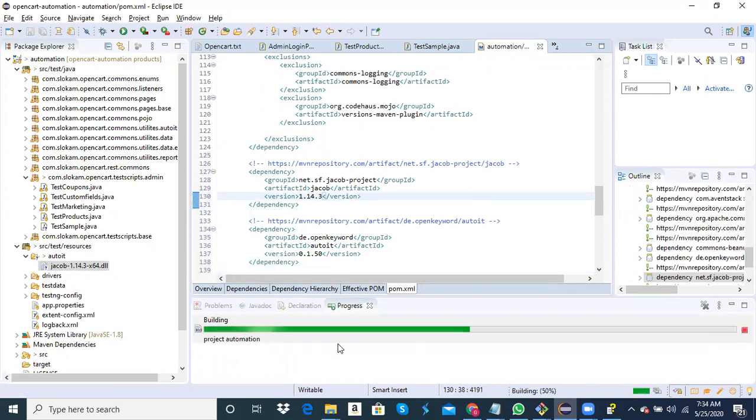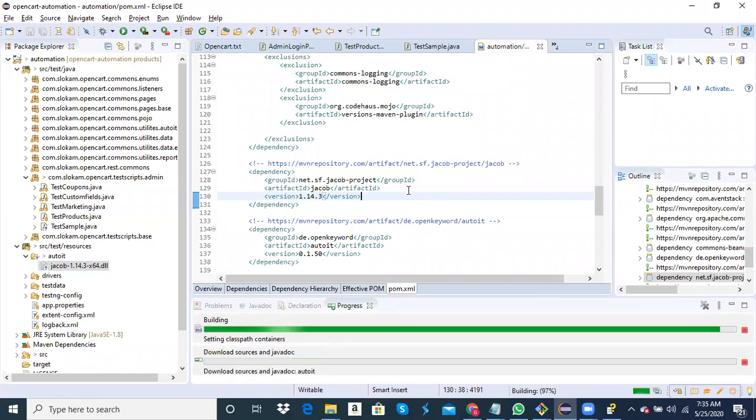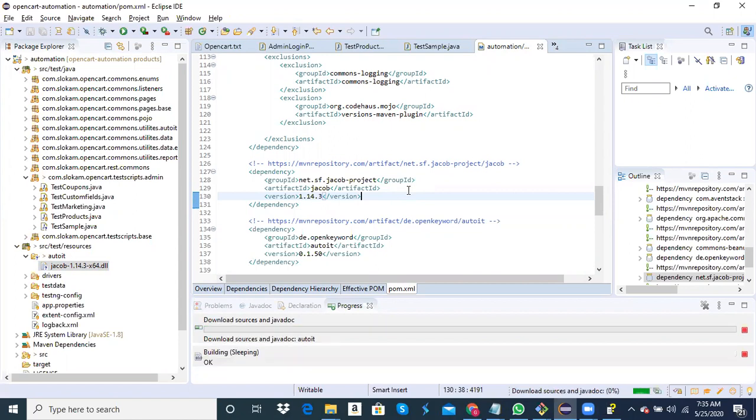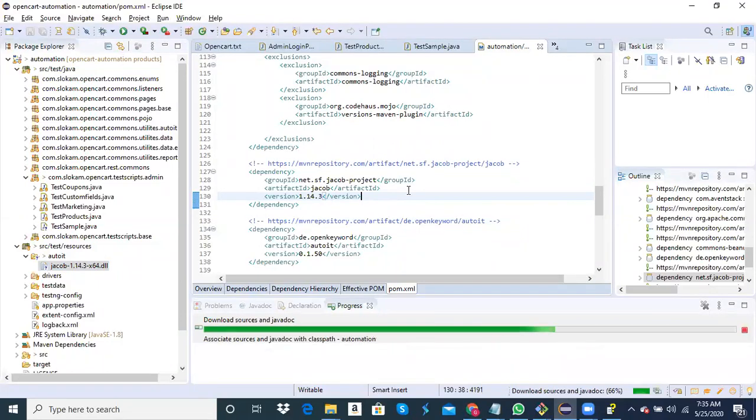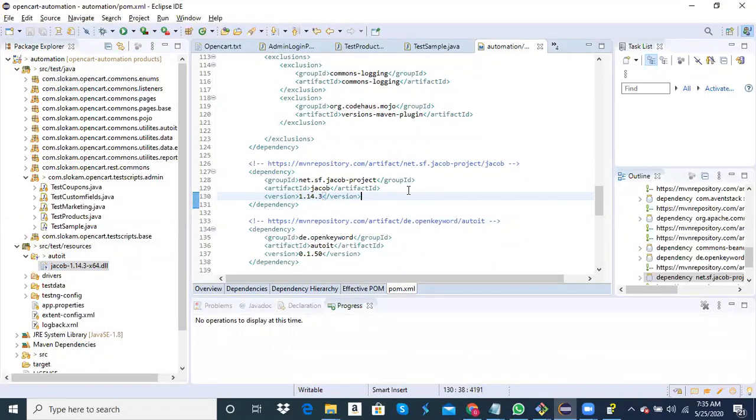So it starts downloading. Okay. Now everything is set up. You have added all the prerequisites that we needed for AutoIT to be executed.